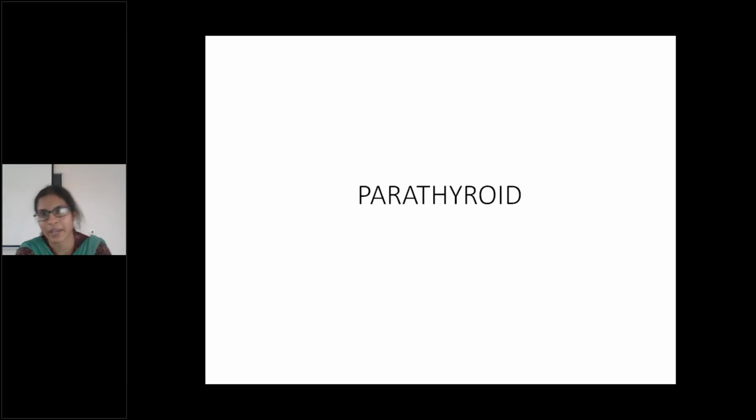So I am dealing with the parathyroid, one of the endocrine organs. What is the parathyroid? The name itself indicates adjacent to the thyroid. It is the organ present on the posterior surface of the thyroid or within the thyroid. They are 4 in number. Embryologically, they develop from the third and fourth pharyngeal pouches, 2 superior and 2 inferior. The superior ones develop from the fourth pharyngeal pouch, and the inferior ones from the third pharyngeal pouch, along with